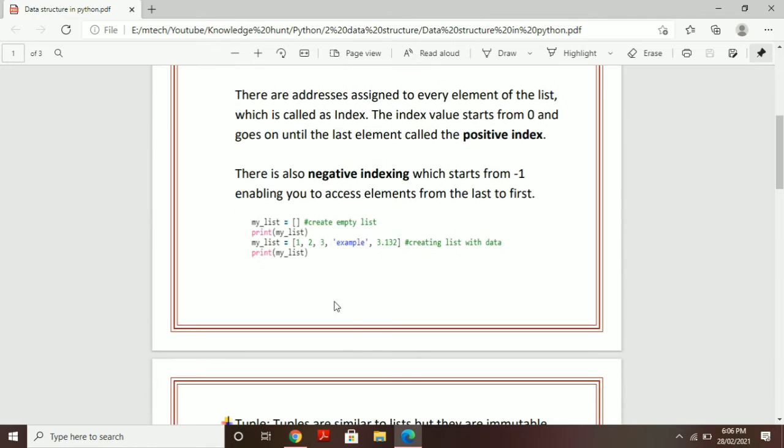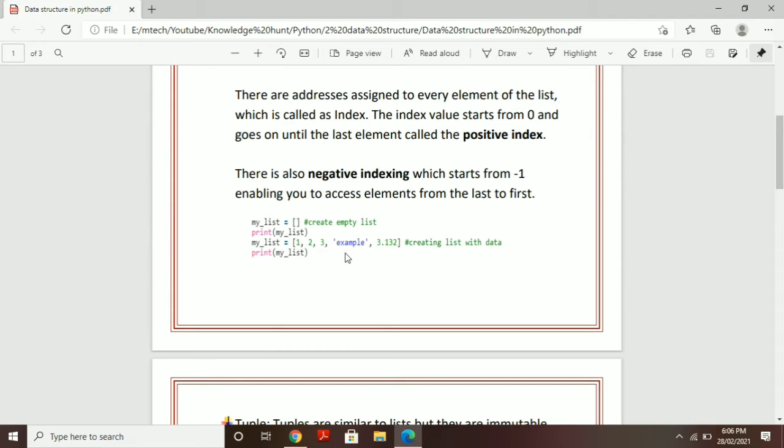Here is an example of a list. As you can see, we have declared an empty list. The name of the list is my_list. To declare a list, we use square brackets. If we print this list, it will only print an empty list because nothing is stored in it. Now I am adding data to the list.